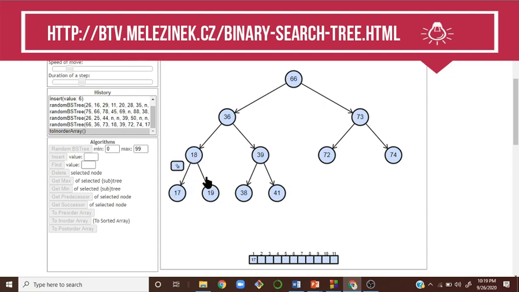Left, root, right. Root means the parent also becomes a root. I mean, that will be considered as a root also. So 17, 18, 19 will be printed. Check there. You can see it comes over here. 18 comes inside. Again, on the right side we have 19. That comes inside. Alright, so this part is over. My left sub partition is over. Now the parent of this left sub partition is 36. Okay, that will be printed.